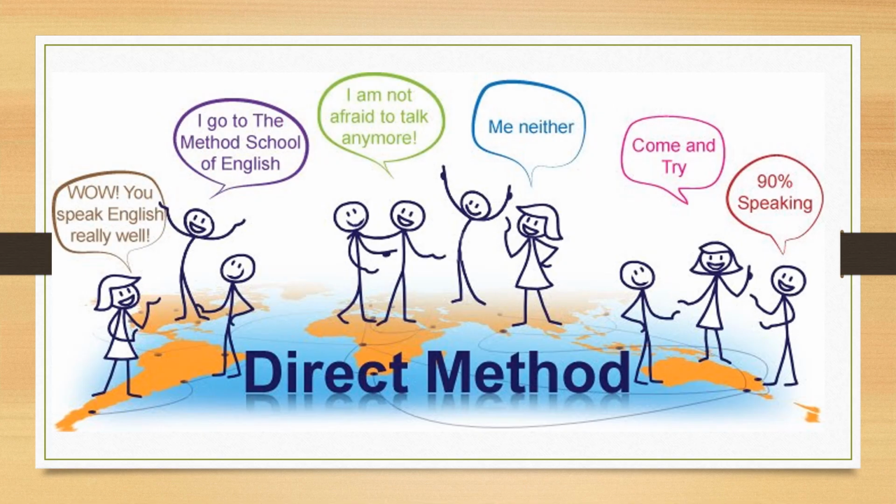I'll give you an example. My daughters picked English as their first language in terms of speaking like a native speaker, or picking up language and communicating with comfort and ease, because they used to watch a lot of videos on YouTube. So they learned through the direct method. Language was absorbed by them directly, so they absorbed it so quickly, and it came as an output. They were ready to speak with very little effort. So this is what the direct method is all about, and it depends a lot on speaking.